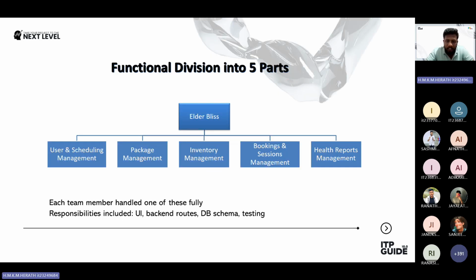Right. These are the 5 main parts we used during our project: user and scheduling management, package management, inventory management, booking and sessions management, health report management. Each of these is a major module. For example, in the user and scheduling management part, we implement features like user login, registration, scheduling, notification system, and much more. In the inventory management part, we handle current stock levels, medicine details, low stock notifications, medicine billing, and